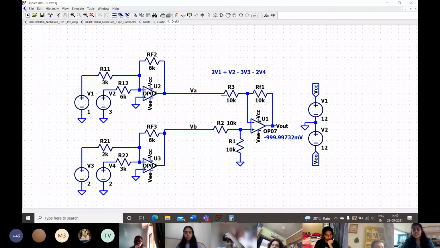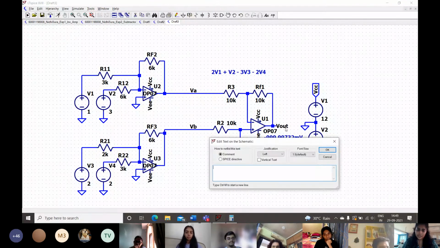So now our subtractor output is going to be VA minus VB. So let's just write what our VA is equal to. VA equals minus 2V1 plus V2.